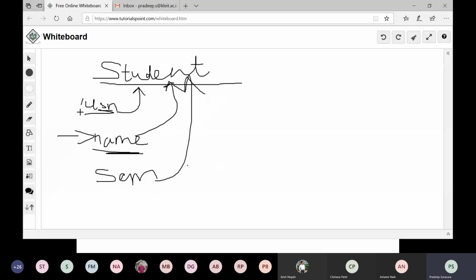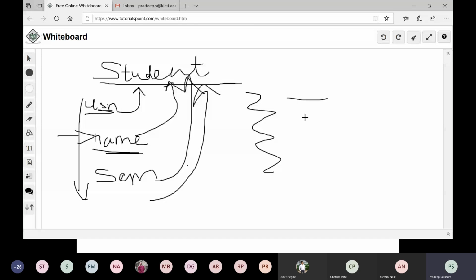So I will have n number of attributes here, which all describe one or the other component of the entity. And each individual value, if I take of student, USN, name, semester, they are all called one record.